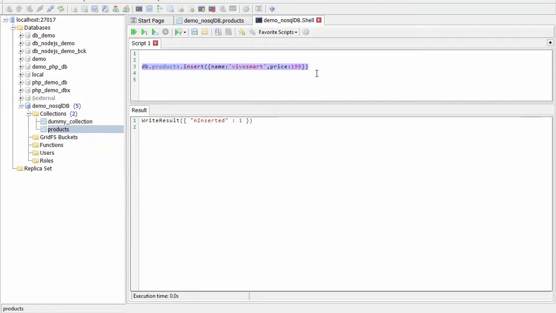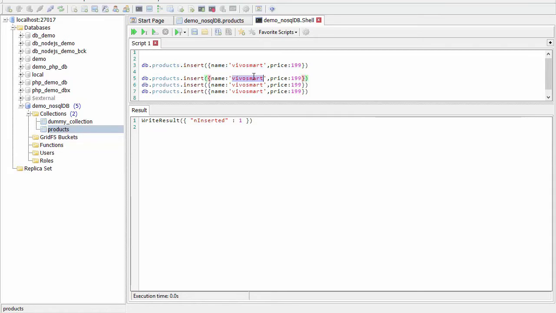Return. I'm going to do a few more inserts. Xbox, yes. Price is $299. Then we got the Fire TV. Price is $99.